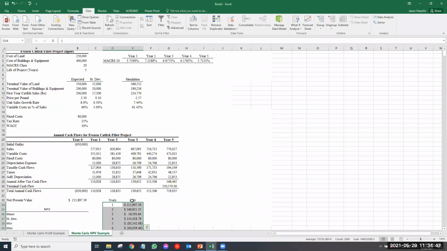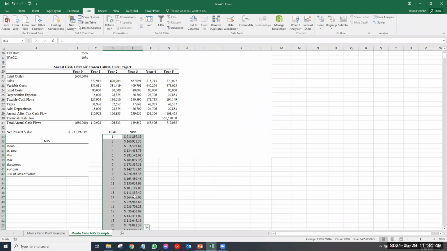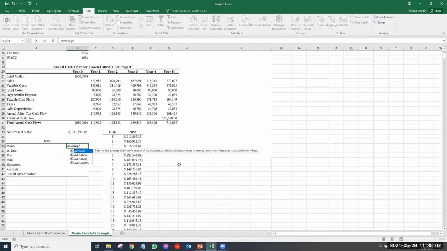And that's what it did. So now we want to know, out of all these 1,000 potential NPVs, any of these have some probability of happening. So we want to know what will be the average based on any of these happening over and over and over 1,000 times. So I can use the average function, and I know